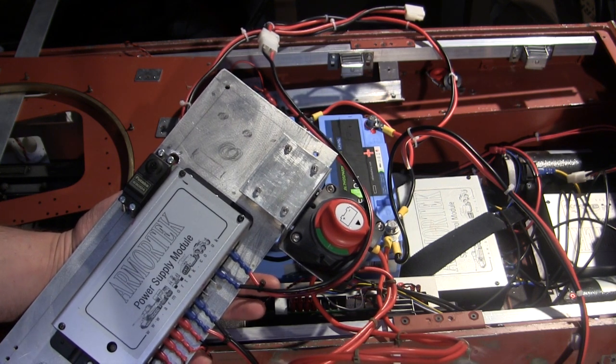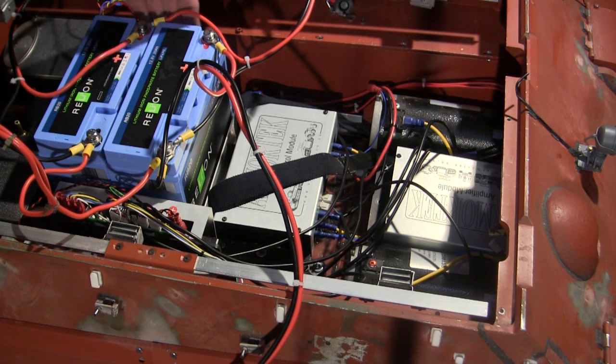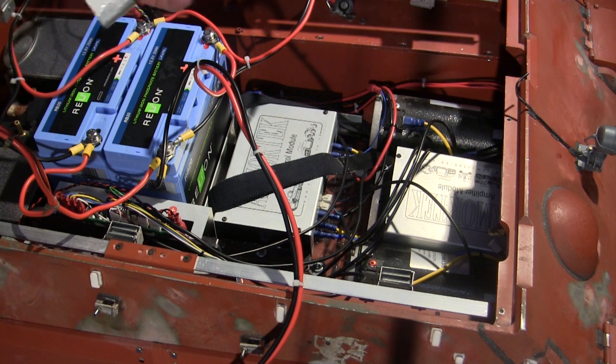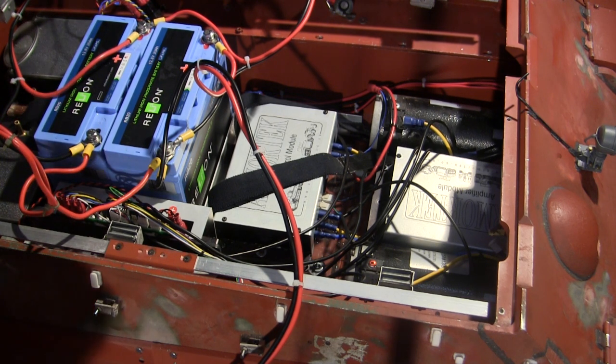Jumping back into the hull brings us to the amplifier unit, and this was another bit of equipment that needs to have been changed or revised compared to the original location that was mentioned a few videos ago. In an earlier video, I mentioned that the amp was going to be mounted vertically along the sponson over here, right next to the battery, with this nice little custom-made bracket. The unit was able to be mounted in a nice, strong manner and actually did the job very well. Unfortunately, it had to have been